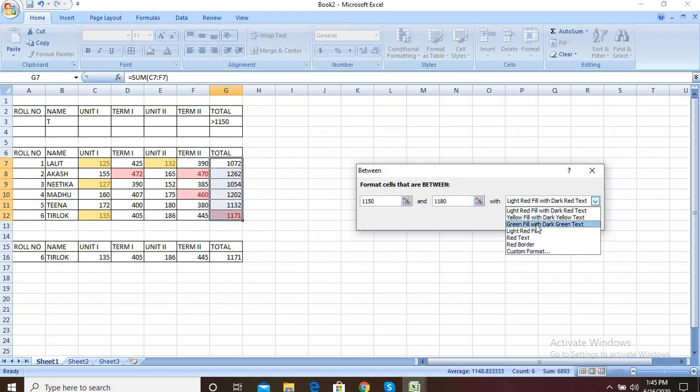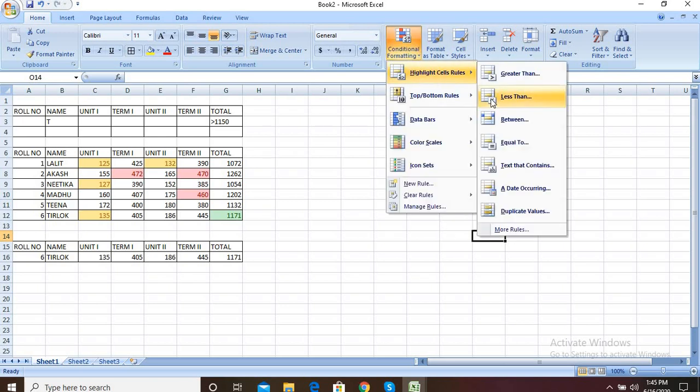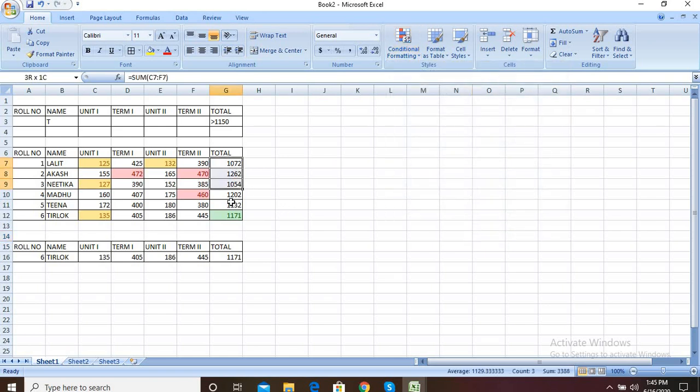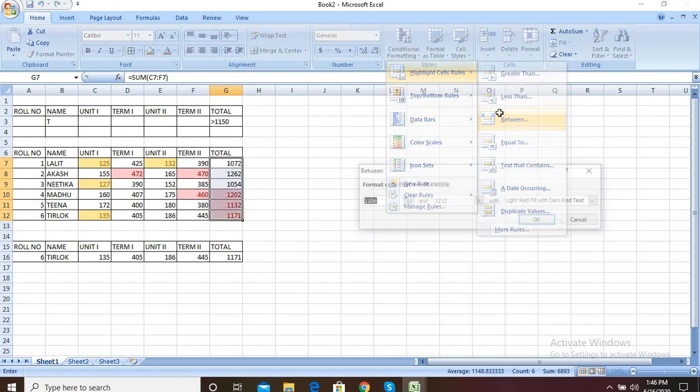Color will be green. So only one student got marks in between.